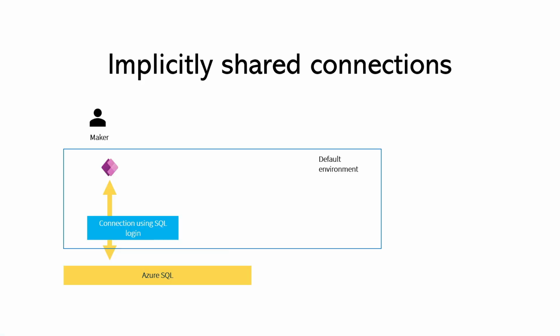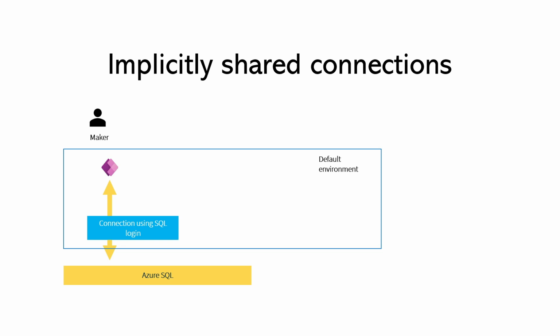First thing everybody should know is the implicitly shared connection. This is an old thing. Back in the day, there were a few connectors that were always implicitly shared, and you can't do that anymore. But if you have been working with this platform for a few years, you might still have those somewhere, so that's the reason why you should know what these are. Shortly, what these implicitly shared connections are and why they are harmful, for example, in this example,